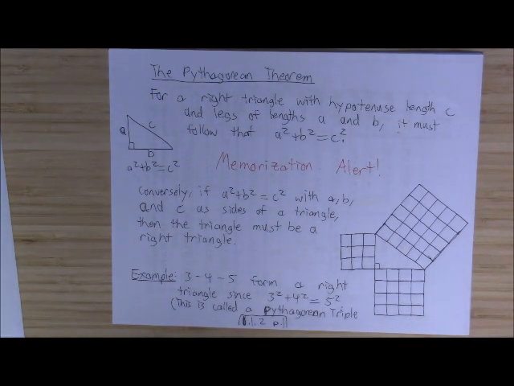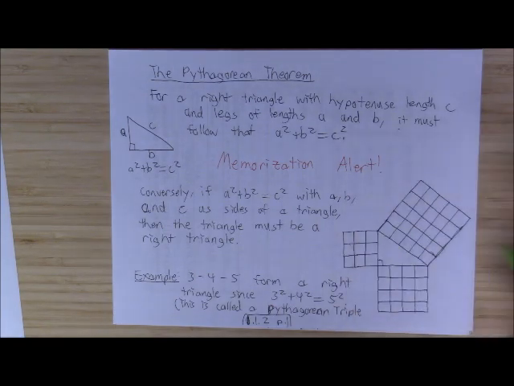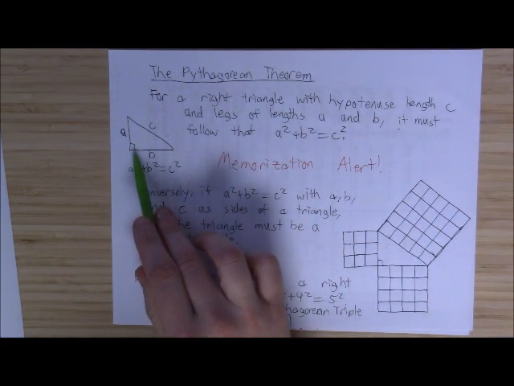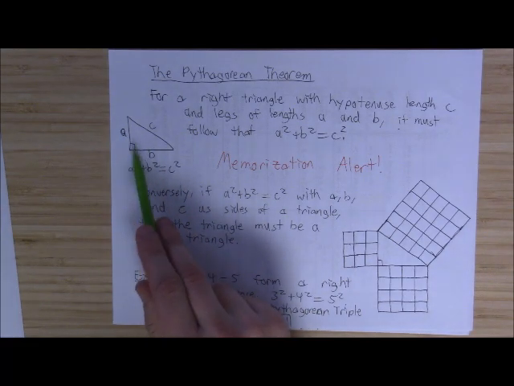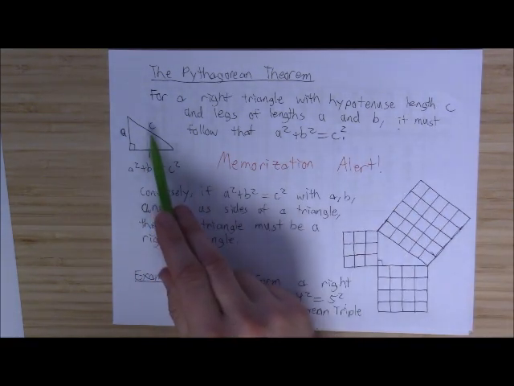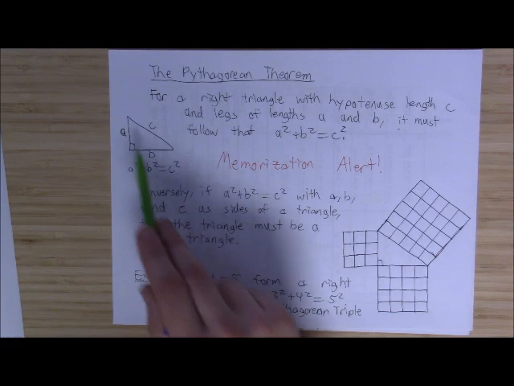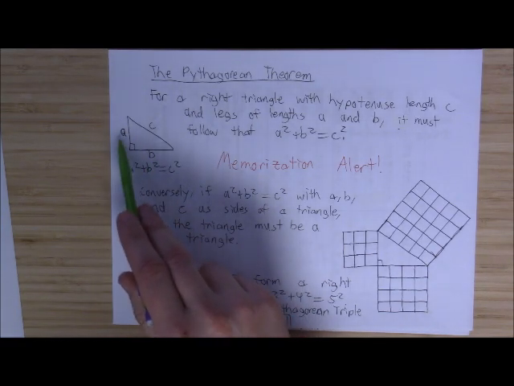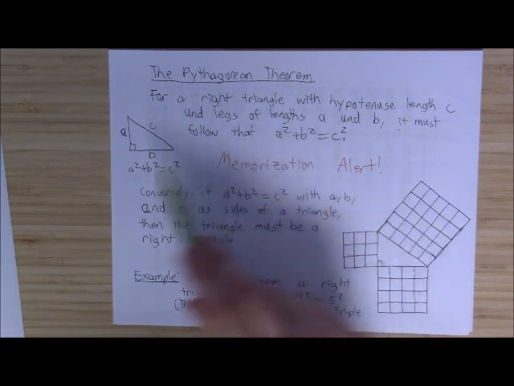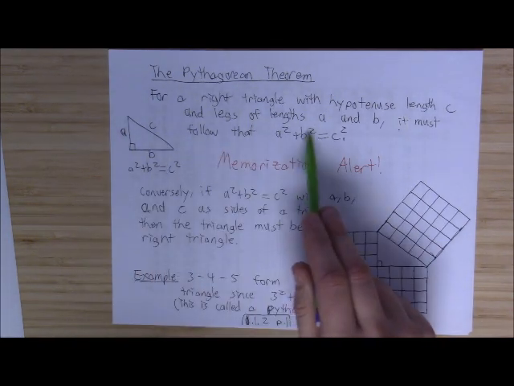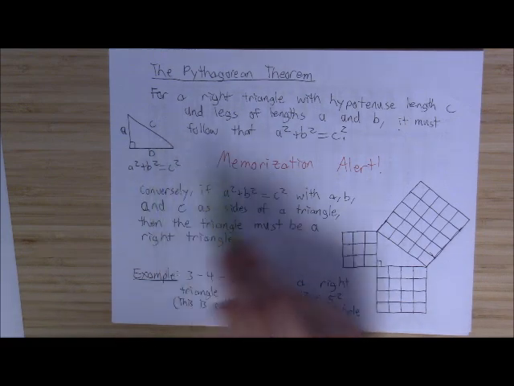Most of you probably already know it, so this memorization alert here is not a very big deal, but it's still worth refreshing. The Pythagorean theorem only works in a right triangle, that is, a triangle that has a right angle in it. If you consider the hypotenuse, which is the side opposite the right angle, and it has length C, and the two other sides, which are the legs, have lengths A and B, then it must be that when you add up the squares of A and of B,